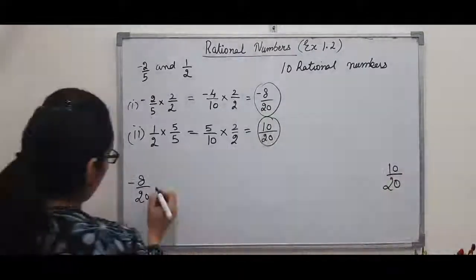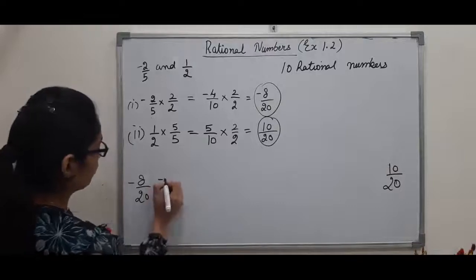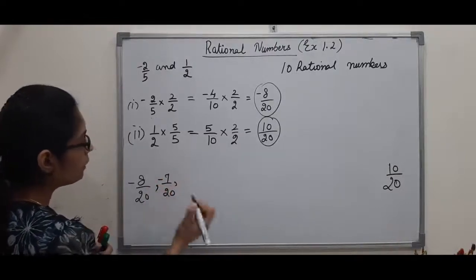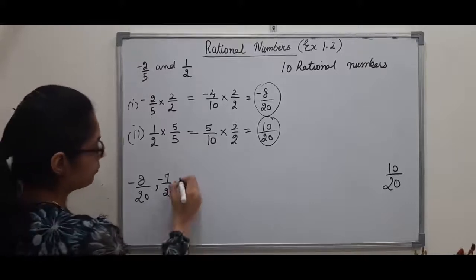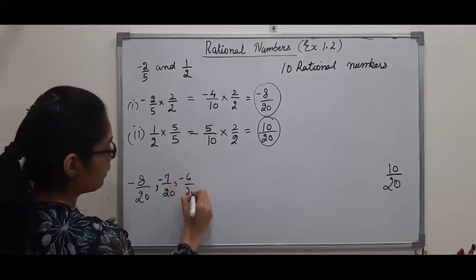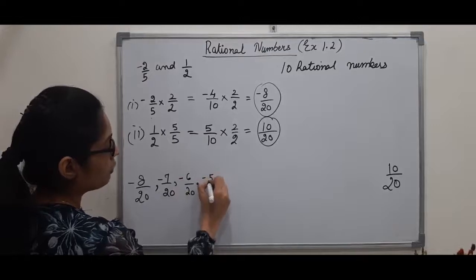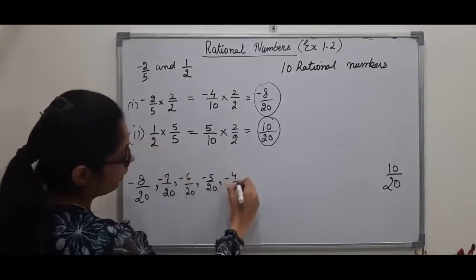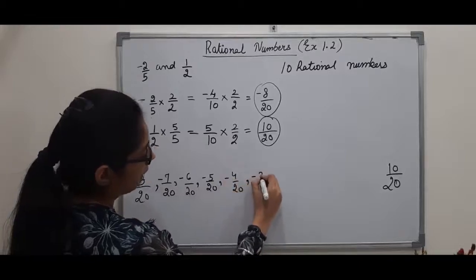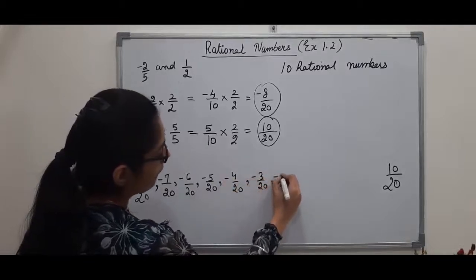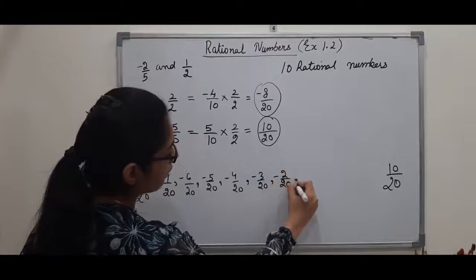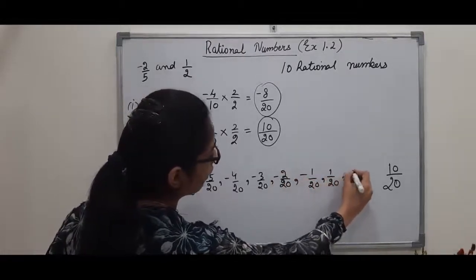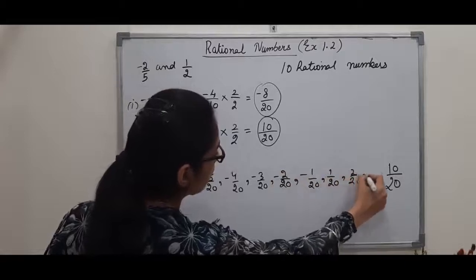So here I can write minus 7 by 20. So all the between numbers you can write: minus 6 by 20, minus 5 by 20, minus 4 by 20, minus 3 by 20, minus 2 by 20, minus 1 by 20, 1 by 20, 2 by 20, 3 by